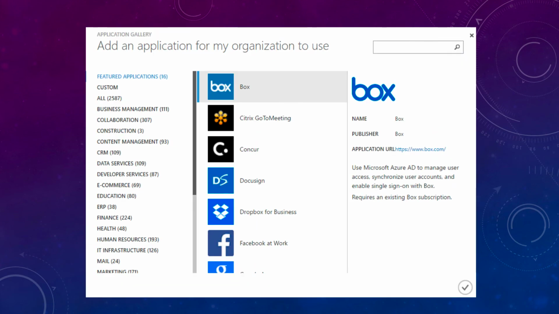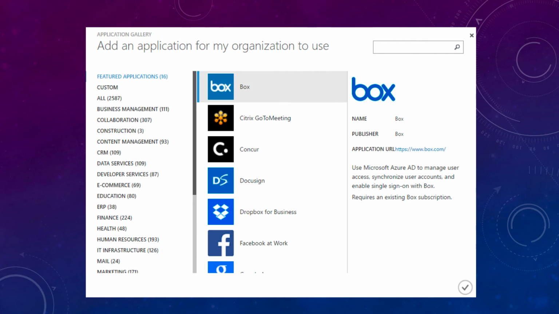When you choose the second option, you're going to be given a list of all available applications and software as a service in Azure. And there's a pretty good list of very useful services. As you can see, some of those services are already known to you. Anyway, after you select the desired application or applications, which in this case we're going to just click on Box, each application will appear on the list in the Applications section, and simply click on Add and click